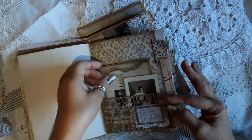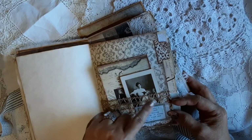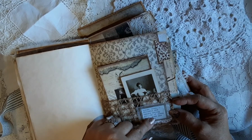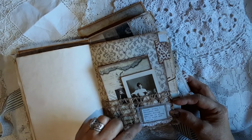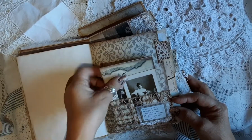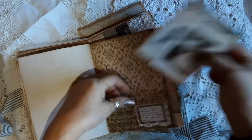And here, I made a pocket. And dreams. I think this little tag is from Shabby Dabby Doodah. Her dictionary words and definitions on them. So I just put a little bit of lace, and then I made a pocket here with